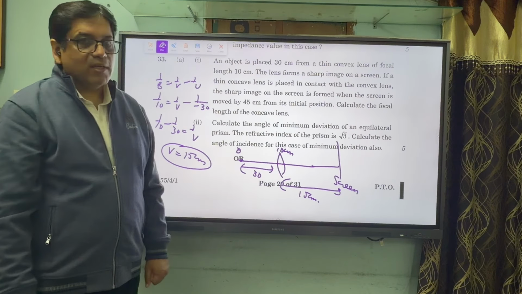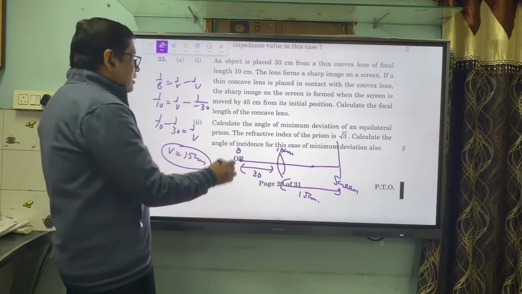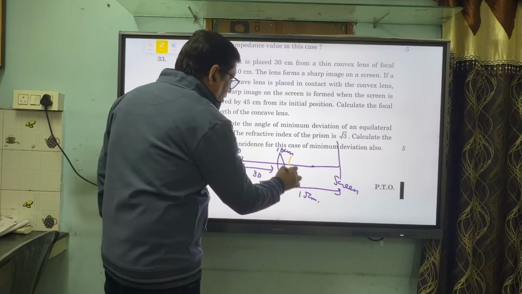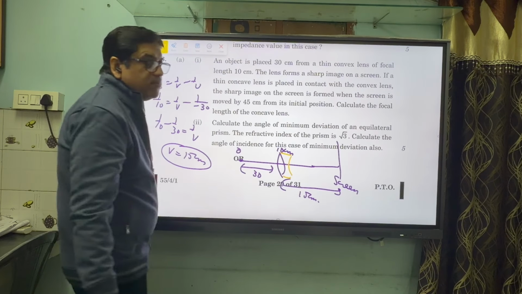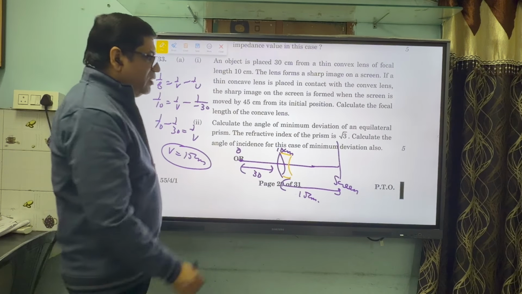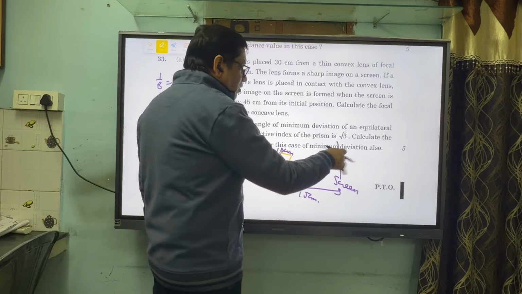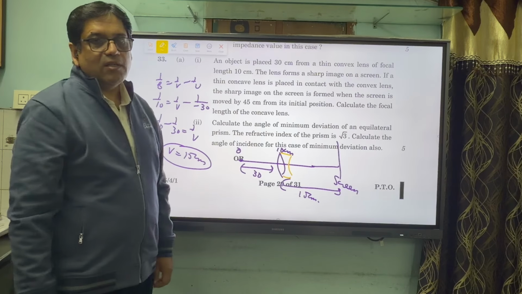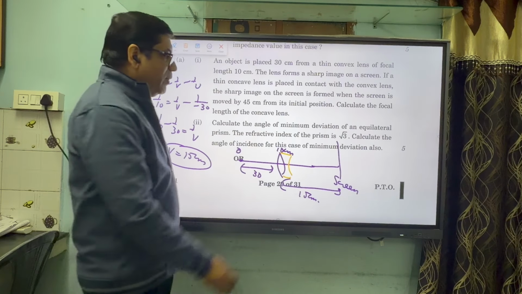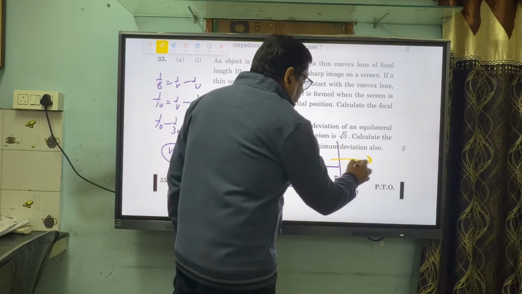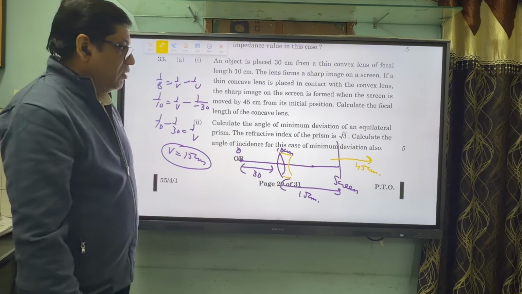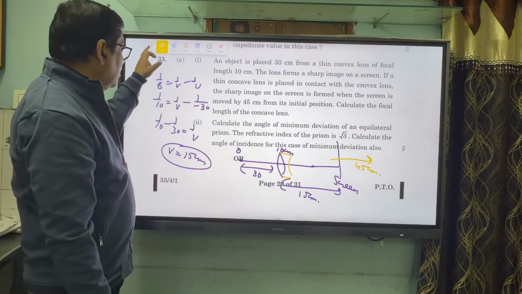अब नेक्स्ट में हमने क्या किया, इस लेंस के साथ में एक कनकेव लेंस रख दिया, जोड़ कर रख दिया, जिससे इमेज शिफ्ट होगी 45 सेंटीमीटर. स्क्रीन अवे चली जाएगी क्योंकि कनकेव लेंस तो कन्वर्जिंग इमेज डाइवर्ज करता है. यहां पे इमेज नहीं बनेगी, स्क्रीन विल बी शिफ्टेड 45 सेंटीमीटर अवे. सो अब यहां कनकेव लेंस की फोकल लेंथ निकालनी है. ओके,